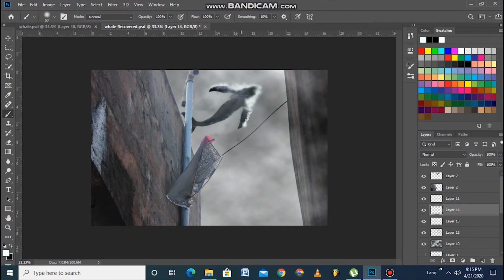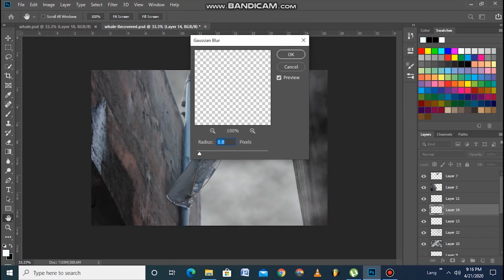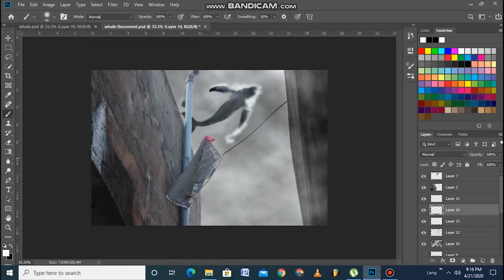After that, I make another layer and I make several layers of the cloud that is actually surrounding the whale, because the whale is in motion. If you use your common sense, you would know that if you are moving through any gaseous form or any haze, the layer of gas will actually hit you and go behind you as per physics. So this is the same thing that I'm doing.